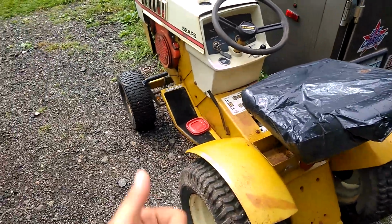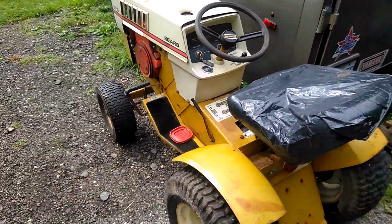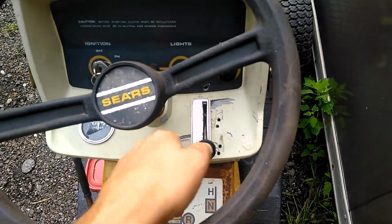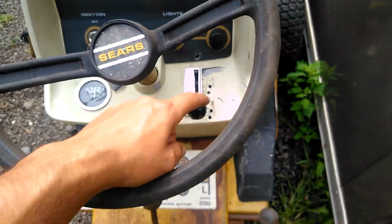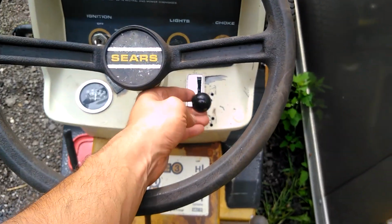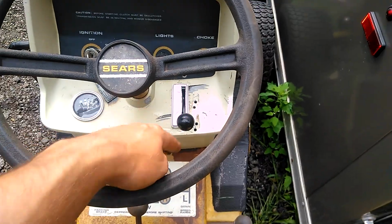Especially for the price he paid. He got the deck and that rototiller and this. Like I said, that throttle, that worked out perfect. So now he doesn't have that cobbled together mess that was on here. At least it doesn't look as bad. I know there's still holes from the old one, but